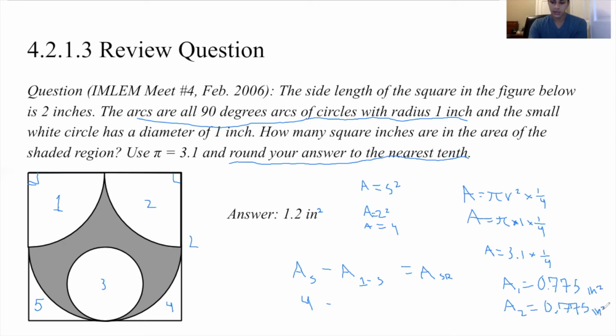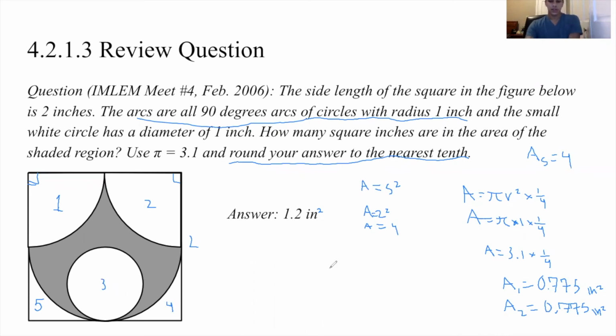So I'm running out of room here to write. Okay, so I'm actually going to erase some of this stuff here so I have a little bit more room to write, but I promise I'll write it back later. And up here, I'm just going to write the area of our square equals 4. All right, so cool. So now we have unshaded regions 3, 4, and 5, which we have to find the